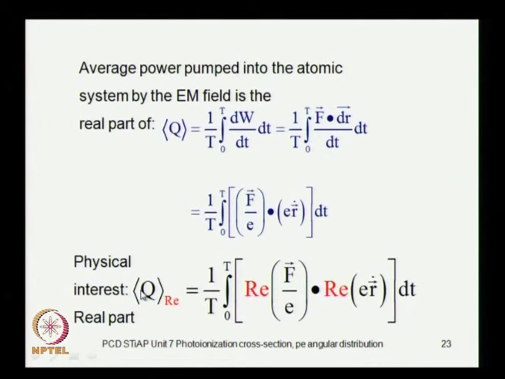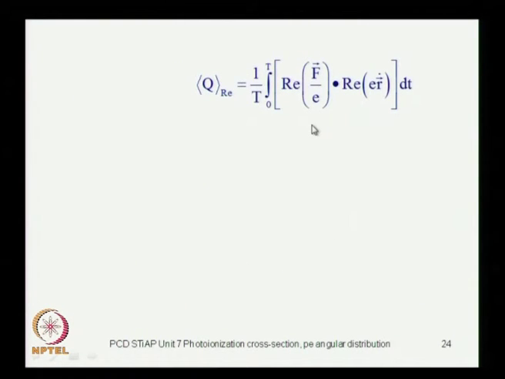So, let us get this expression and evaluate it, because we already have expressions for the dipole moment, and we also have the expression for the force. So, now F over E is this quantity here,